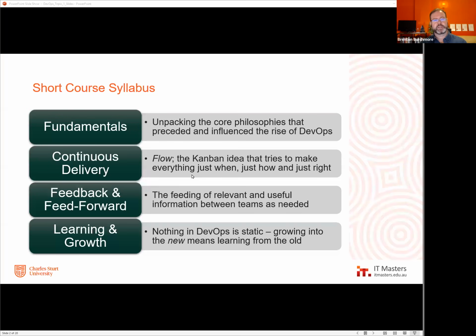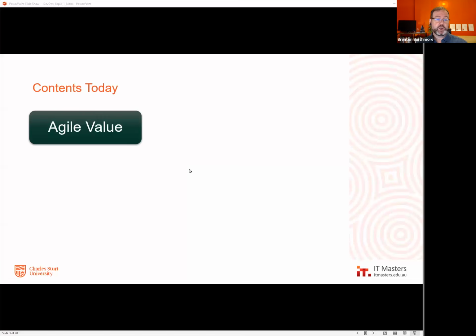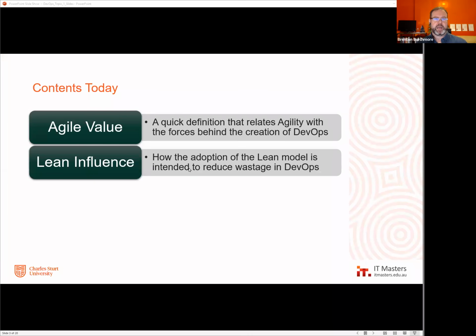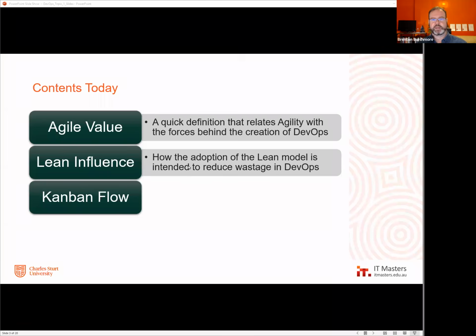So this is our journey over the next few weeks. Today, we're going to talk a bit about Agile in particular. We're going to address its starting point, where we came from, with why Agile is our introduction to DevOps and how it arose. We will talk a bit about how Lean, which has preceded DevOps, has influenced and led the way in some ways to what DevOps has become.